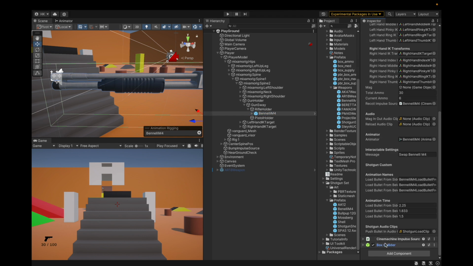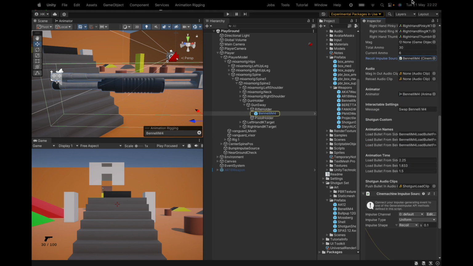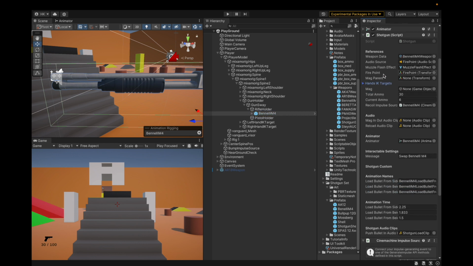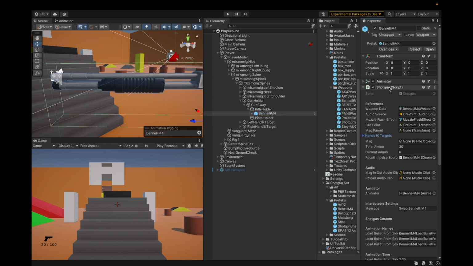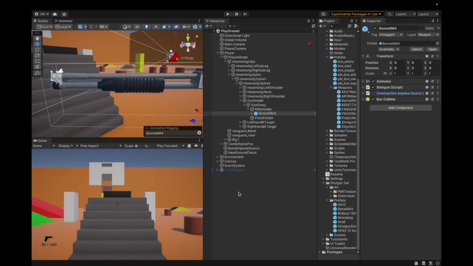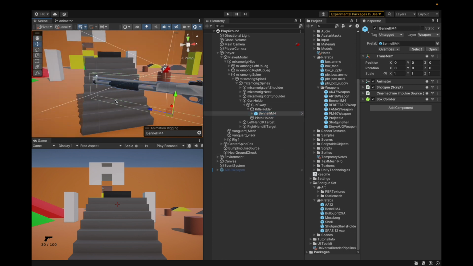Of course, you need to add a box slider, a Cinemachine impulse source, assign the reference to it, set it to 6, total ammo, all assignments. You don't need a mag parent. So that's actually all the animated setup or anything outside of the animated setup. Now let's move on to